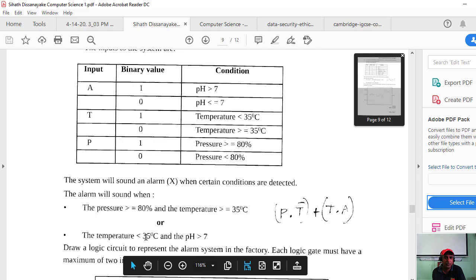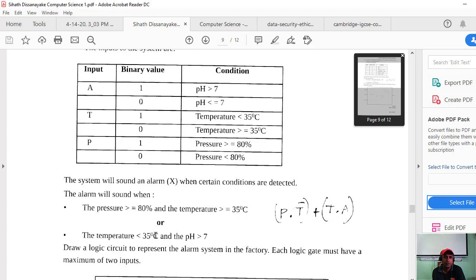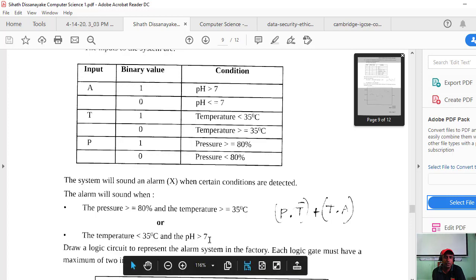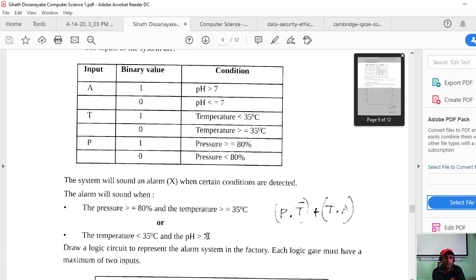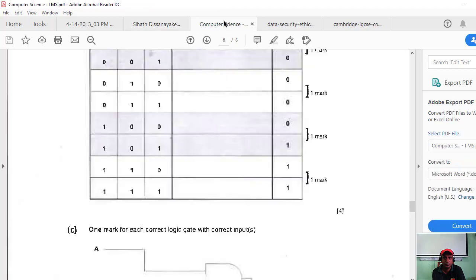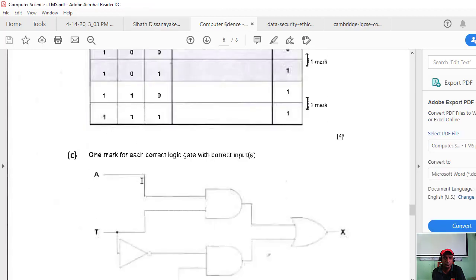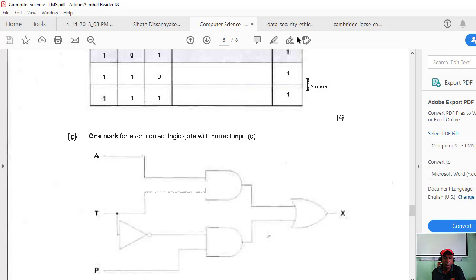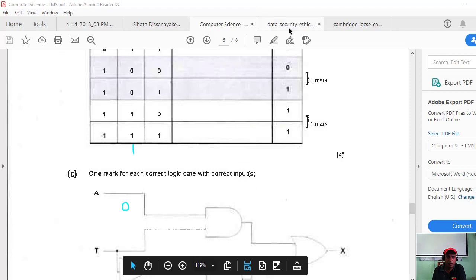Temperature less than 35 means 0, so T should be 0, and here should be 1, no? Yeah, here 0. Here 1. Right? Correct? Am I correct?